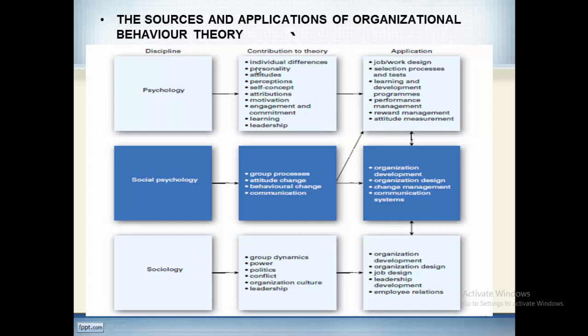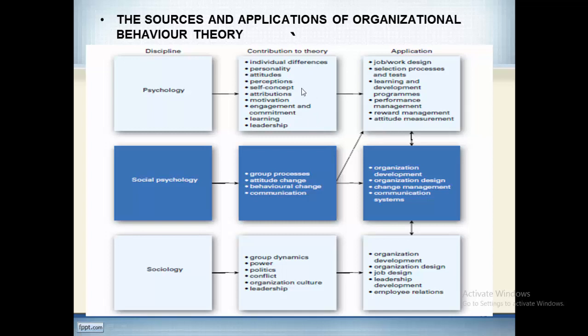The theories which have been taken from psychology are individual differences, personality, attitude, perceptions, self-concept, attributions, motivation, engagement and commitment, learning and leadership. If we look at our theory of human resource management and development, we see many parts of those are based on psychology, like motivation, engagement and commitment, leadership, learning,